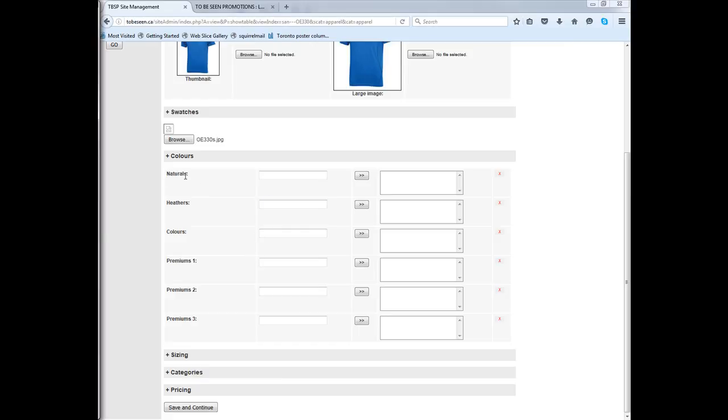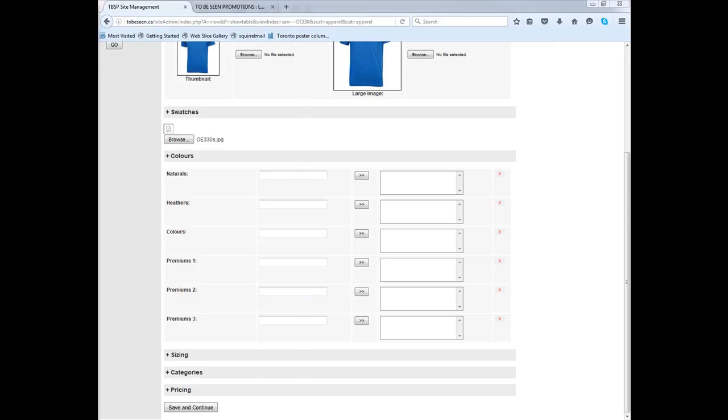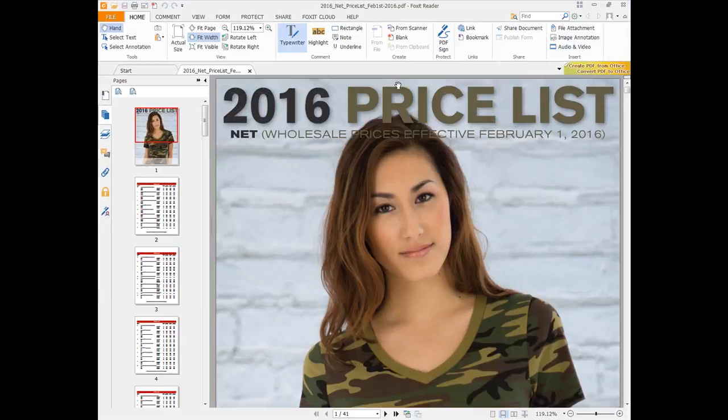now you see there's 3 different categories: naturals, heathers, and colors. For the most part, most designs will be in colors, but sometimes they'll be in naturals or heathers. This doesn't tell you on their website. It tells you right directly in the physical catalog which categories each color falls in, technically, but you can also find it in the price list. So if we search right here and find